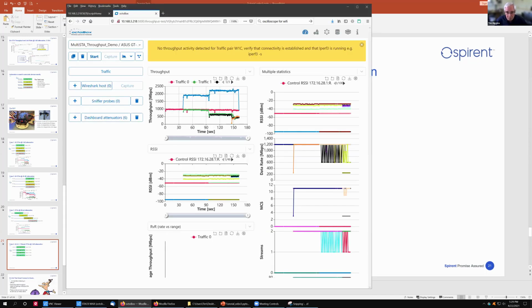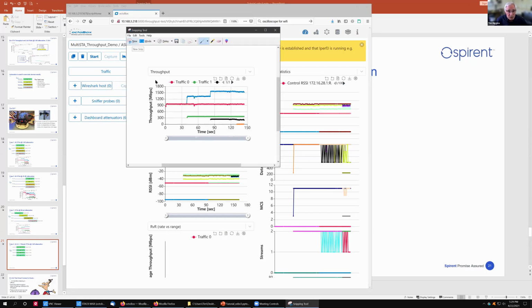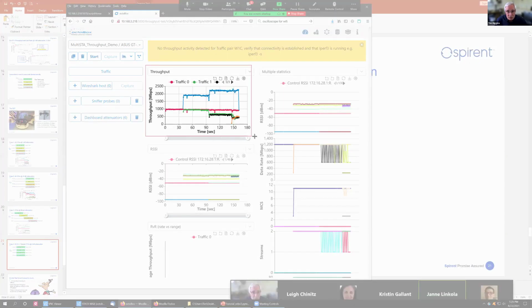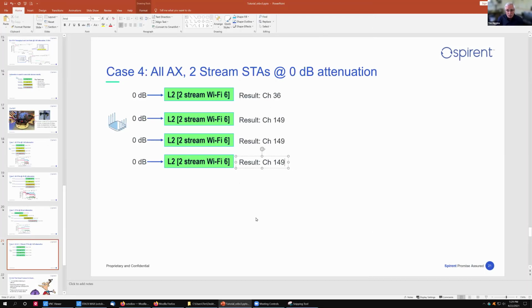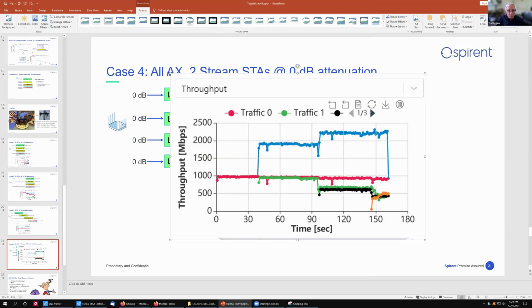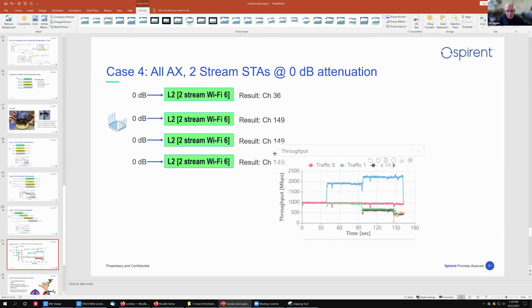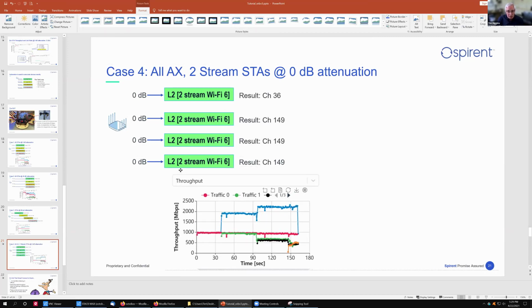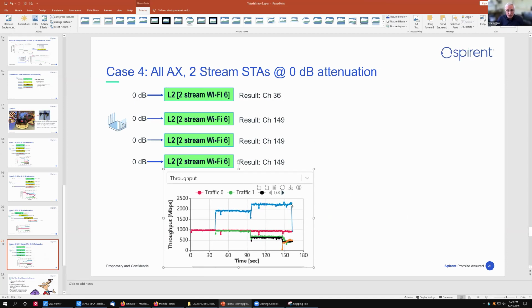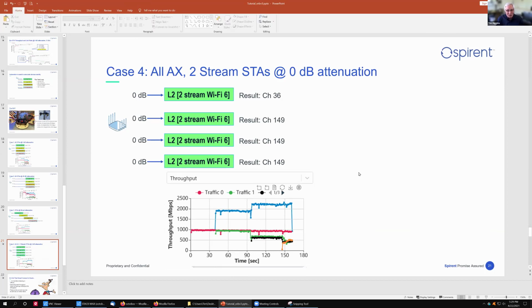Let's do a clip. So we have 4 scenarios, 4 different results. And we do see that when you have 4 very fast devices, then the router can really come up with an awful lot of throughput. I mean, this is pretty amazing how much throughput you can get out of this. And again, this is just 4 stations running full blast. Now, of course, when you get more stations involved, airtime management gets much trickier, and the router has to deal with a lot more variables.